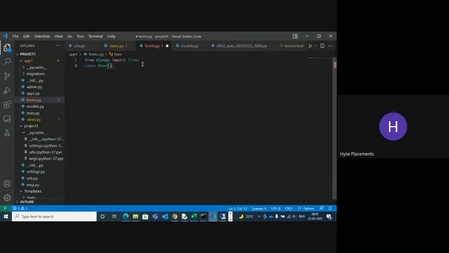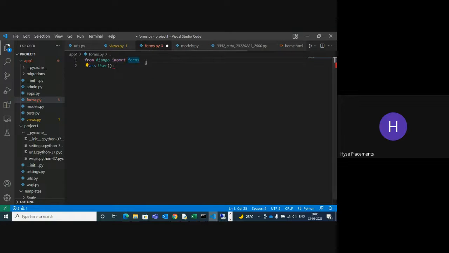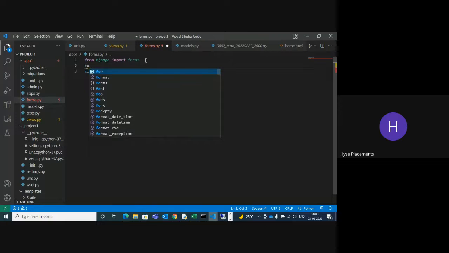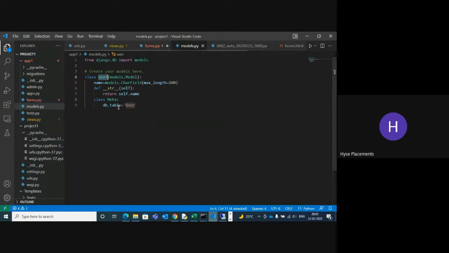Next, import this models. You can import this model. What is this model? It's a user. Before importing this model, you can import this file, which is at the same level. Import dot models, import the class name.